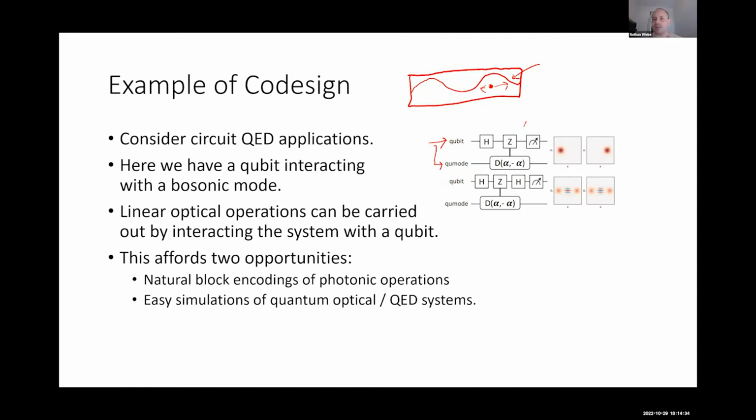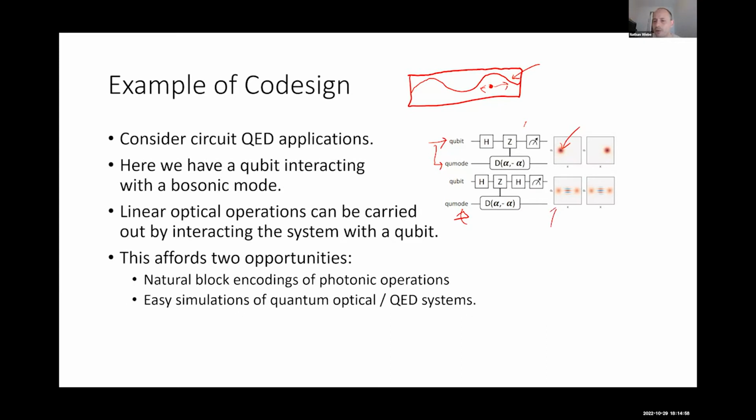This over here is universal, and it gives us access to an enormous Hilbert space inside the degree of freedom of the photon. Specifically, at least in theory, we have an infinite dimensional Hilbert space that we can deal with, and we can do things like displace the modes inside the cavity controlled upon the qubit.